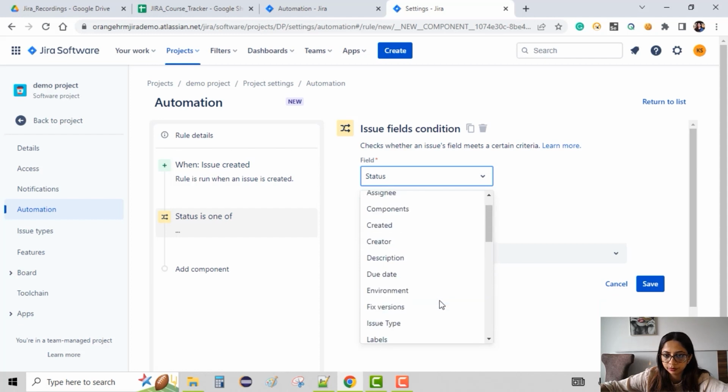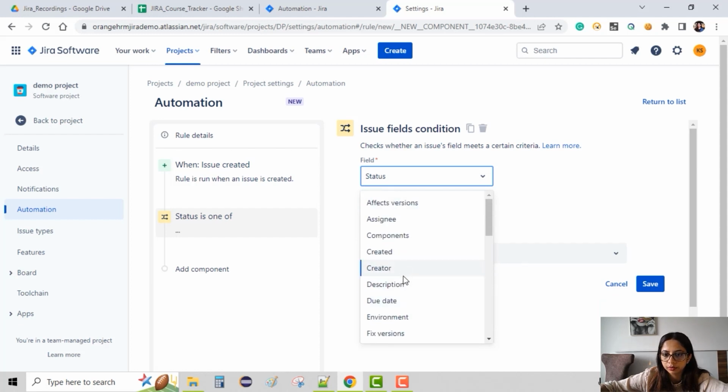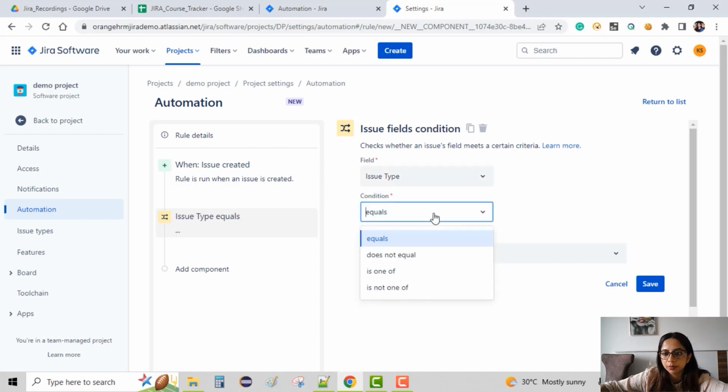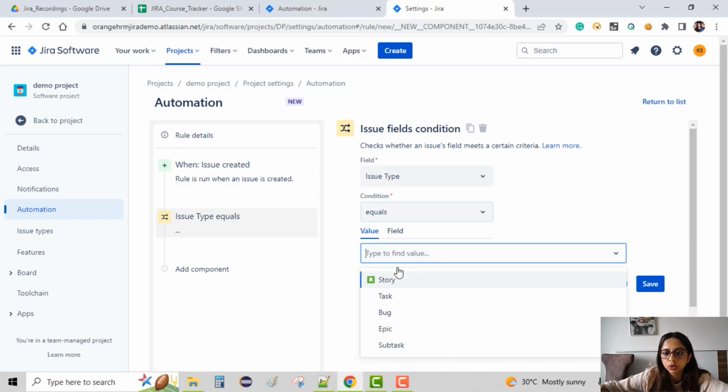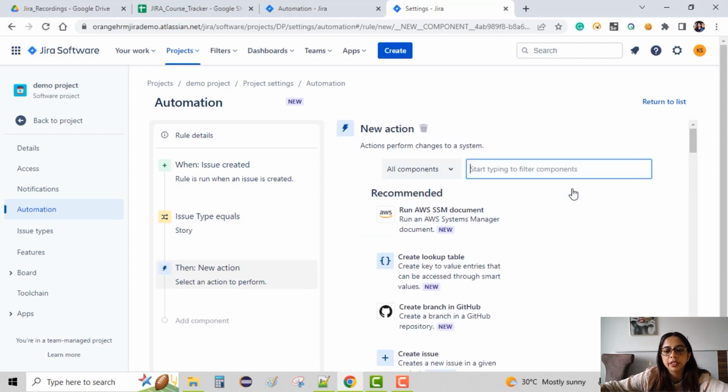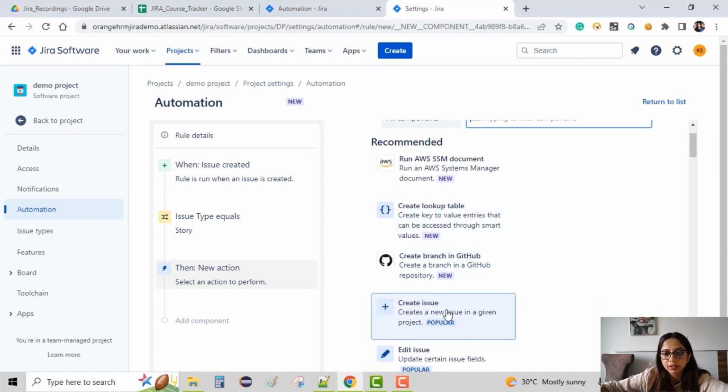Just a second. Issue type. You want to check that the issue type is equal to story. Only in that case do you want some actions to be done, and that new action will be create subtask, right? So you want the action to be create issue,